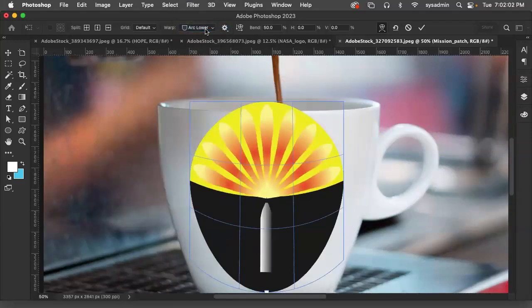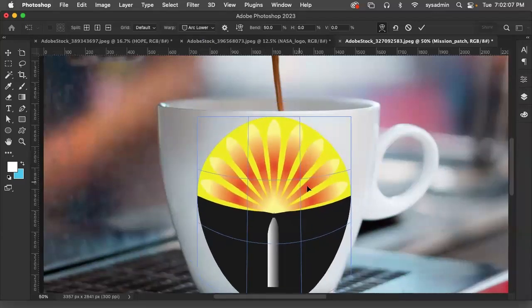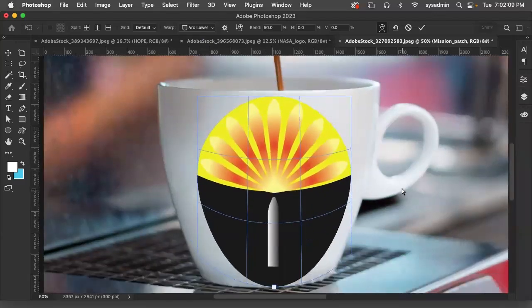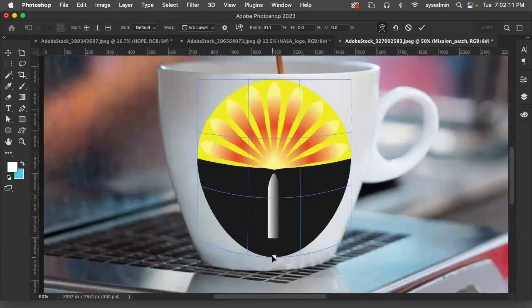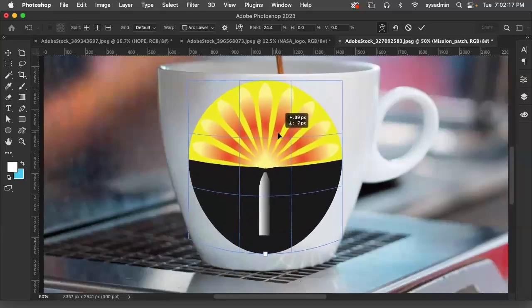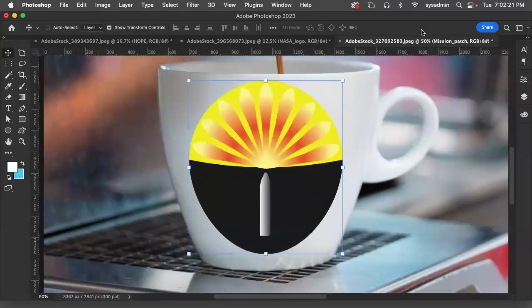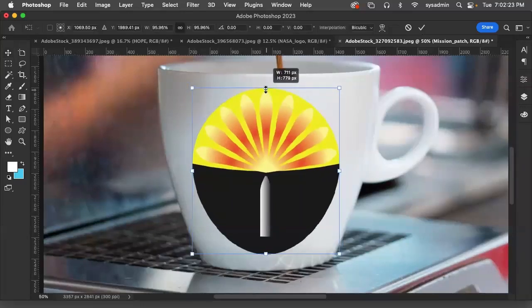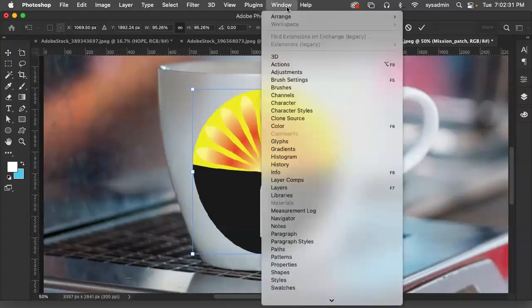Lower arc. Actually, that's not too bad. That one actually kind of works somewhat. There we go. Getting free transforming. There you go. Yeah, that's not too bad. It gives it kind of a round look. Okay, you get the idea, and then you get the checkbox. There we go. And then, of course, to get your shadow here, you can do some things to try and do that. If you go to your layers,